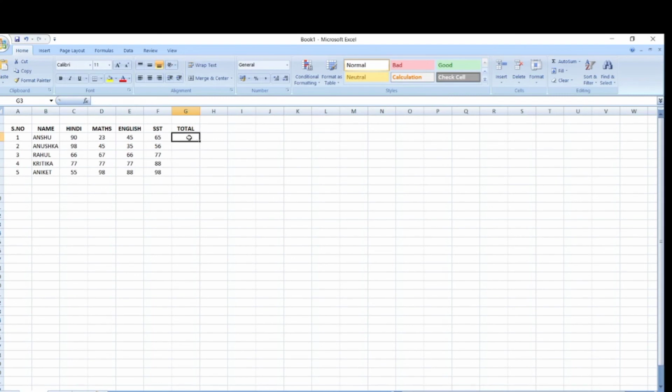You have one more method to calculate the sum, by using the auto sum. What you have to do is select all these cells, and from the editing group, select the auto sum, and select the sum here. Here you have seen your sum gets calculated.